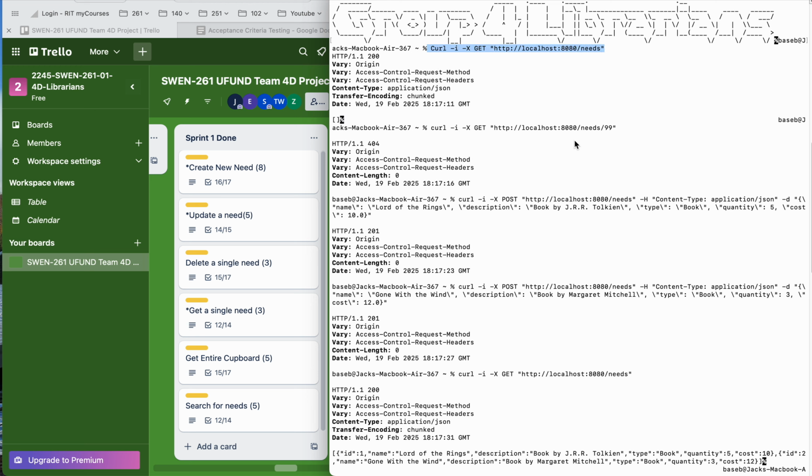The second command searches for a need with an ID that does not exist. And as you can see, it responds back with a status code of 404, which means that it was not found. And then we're going to add a book into our cupboard, and we're going to be specifying the title,